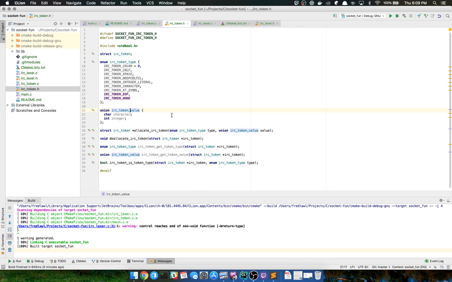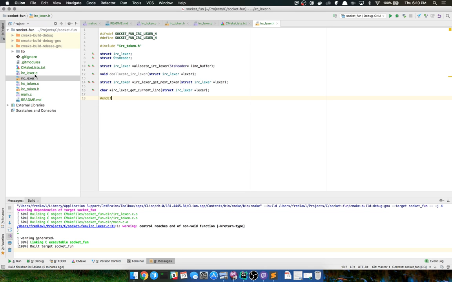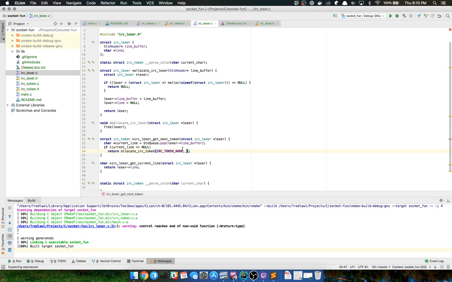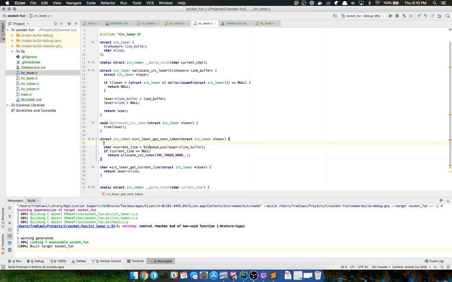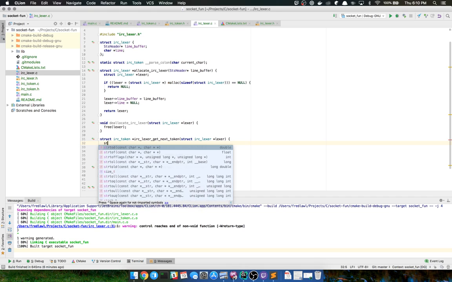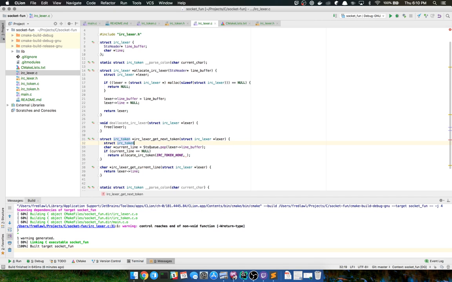Well, you know what I could do? I could just copy it. I think I'll just do a copy for now. I don't want to have to allocate memory to that. So I think what I'm going to do is IRC struct IRC token value, and not make it a pointer. I'm just going to do toke value.